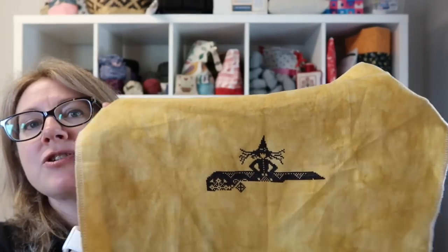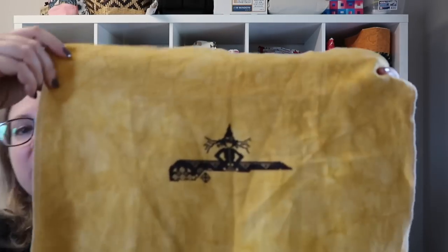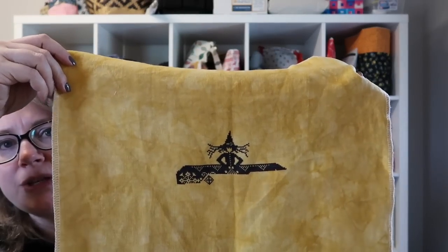This is my Witch. And this was a one-of-a-kind linen that we had early last year, like early in 2022. I don't have any more of this, and I don't have anything like it, but I do have something that this chart would look amazing on. So this is